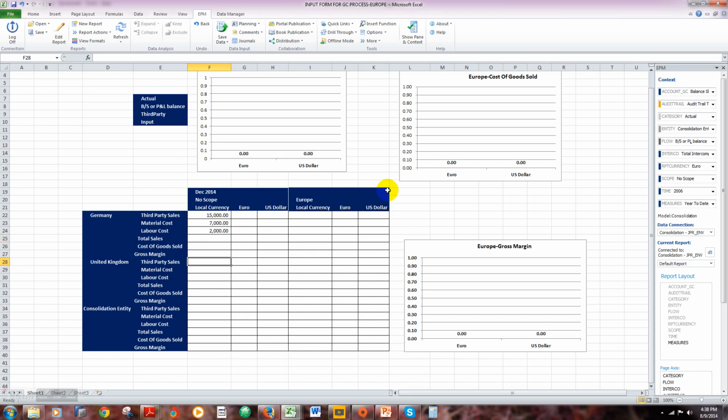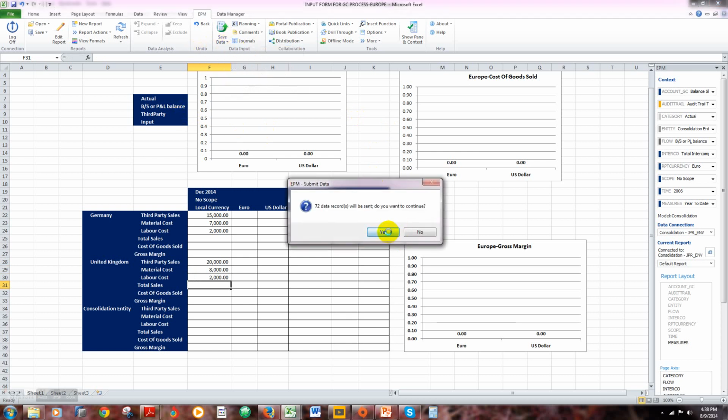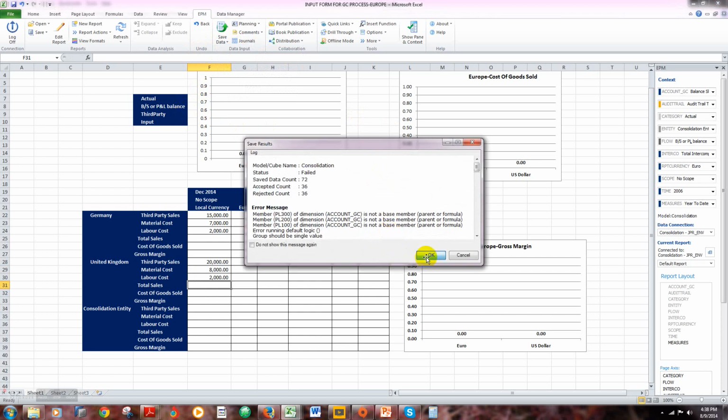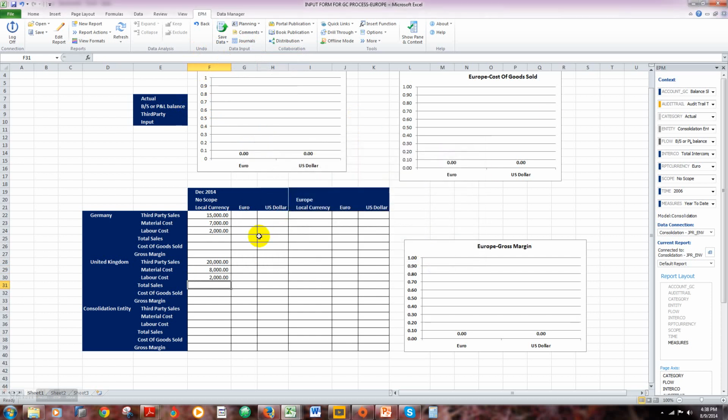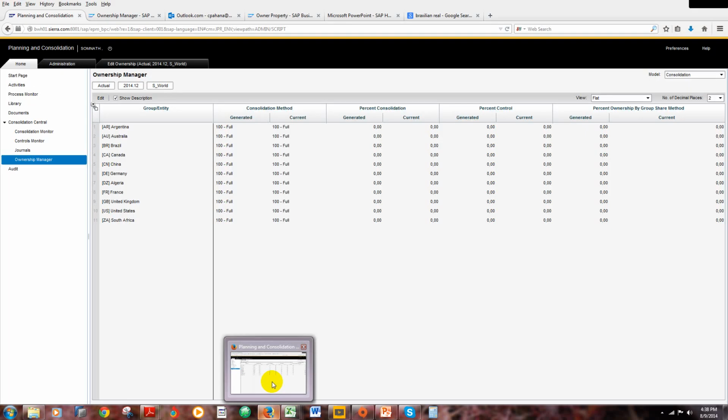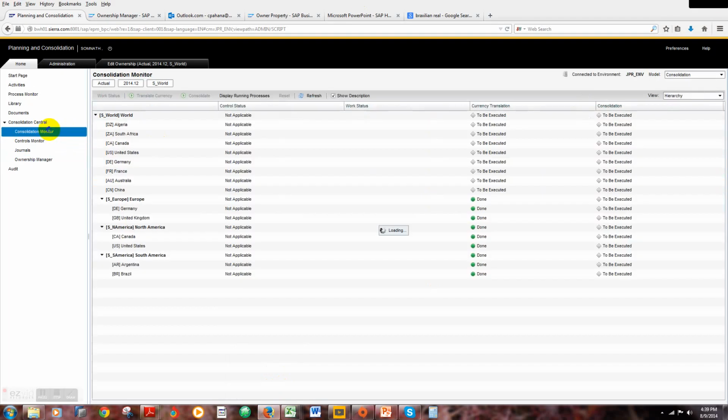And for United Kingdom, say third-party sales is 20,000 pounds, the material cost is 8,000, and labor cost is 2,000. Let's save this data, and we will perform this group currency conversion through the consolidation monitor. Let's go into the consolidation monitor